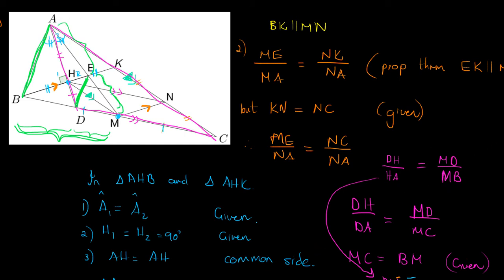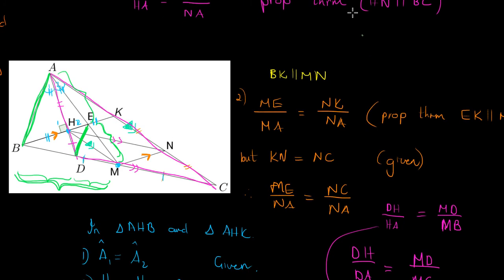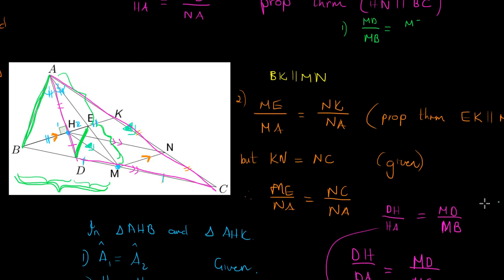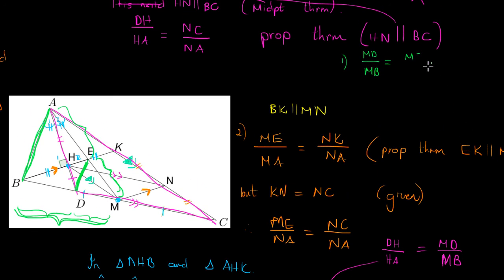Okay, so let's get on with it. So first of all, I know that MD over MB is equal to DH over HA. This was from the previous question,